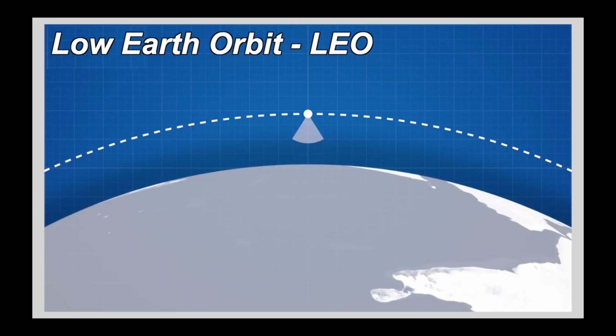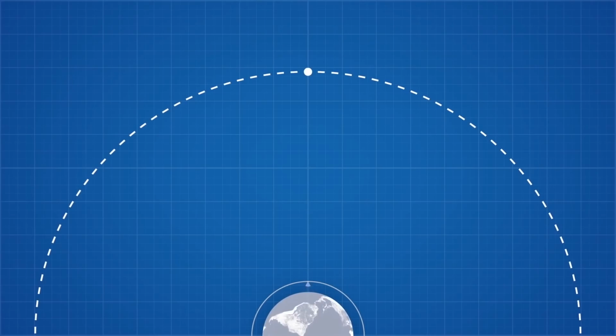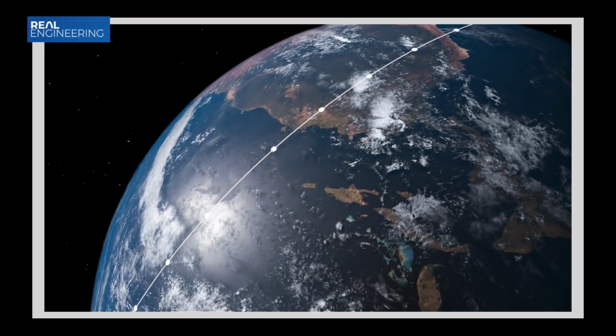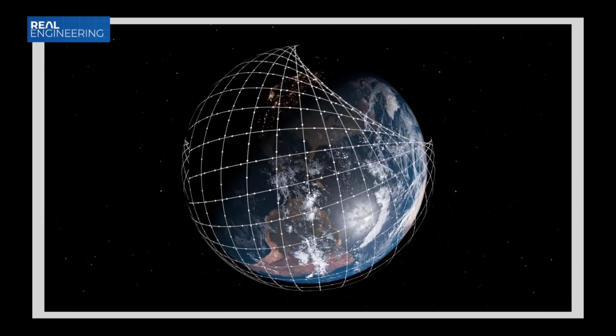So, are there any downsides? Well, you need many more satellites because the coverage footprint is so much smaller because the satellite is so close to the planet. Also, the satellites don't stay in the same position relative to the Earth, so they're constantly moving at high speeds. With everything that I've said, you would imagine that Starlink are dominating internet for marine vessels,